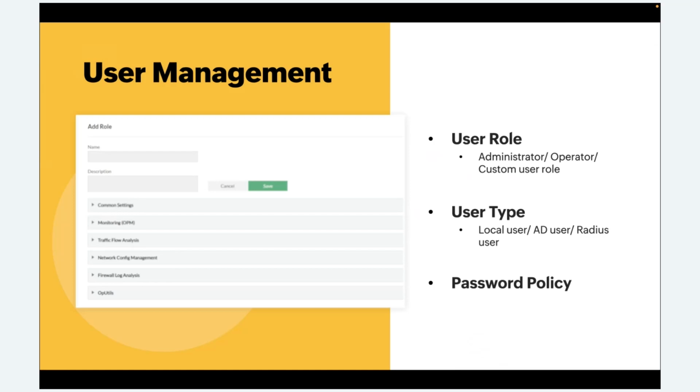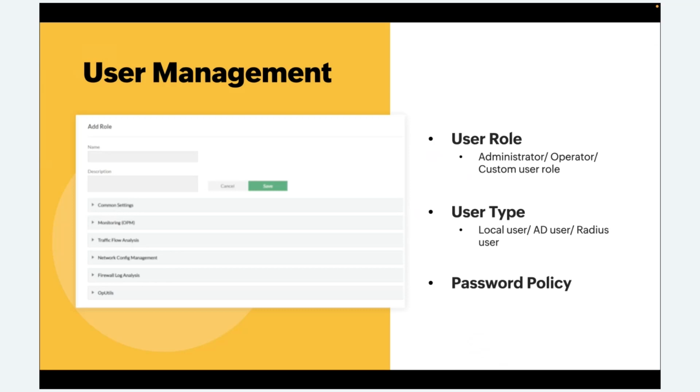Now, if you look at OpManager, we have 3 user roles. The first one is the administrator user, the next one is the operator, and the third one is a custom user. The administrator user has unrestricted access to perform all kinds of operations in OpManager. This includes performing all operations such as adding or removing devices, troubleshooting issues, and changing configurations. Perhaps this role is usually taken up by the senior network engineer who oversees the entire network from a network